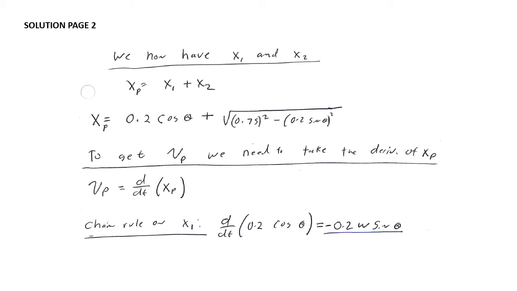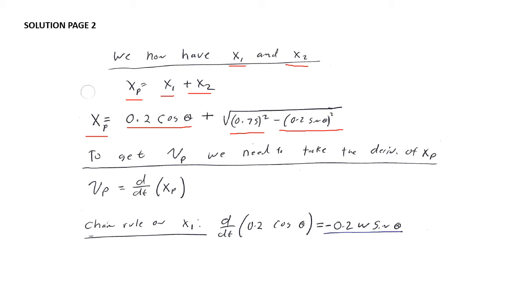So now we have our x1 and our x2 from our previous slide. And we realize that the total length, our xp that we're going to call here, is a summation adding x1 and x2 together. So xp is our x1 plus our x2, where x1 is 0.2 times the cosine of theta, and our x2 that we just solved for was the square root of 0.075 squared minus 0.2 sine of theta